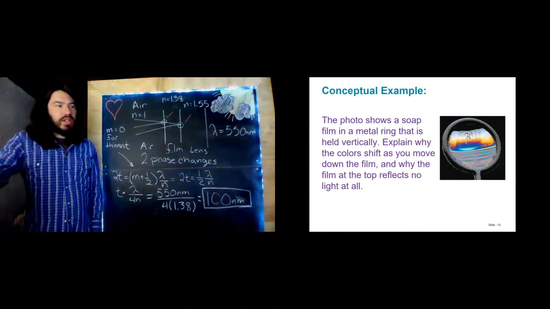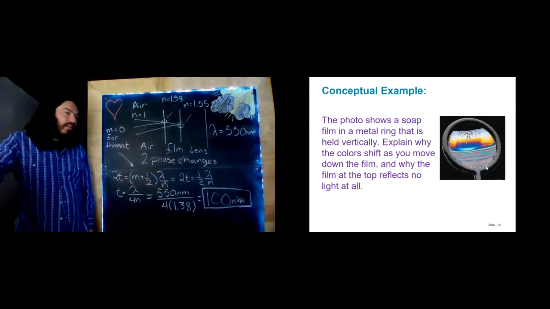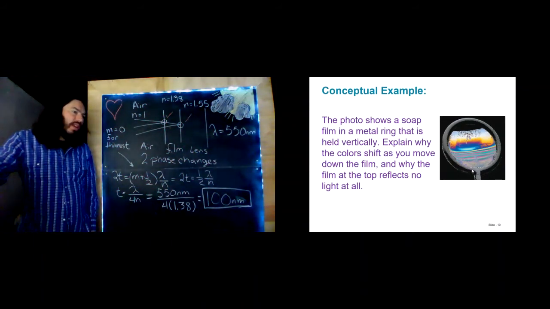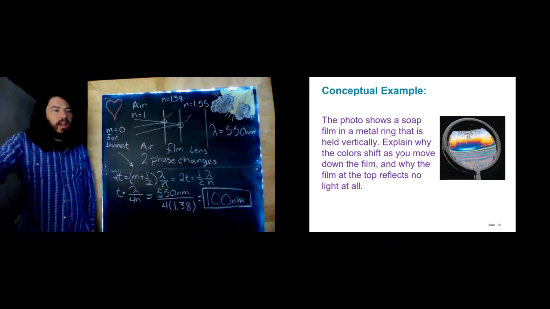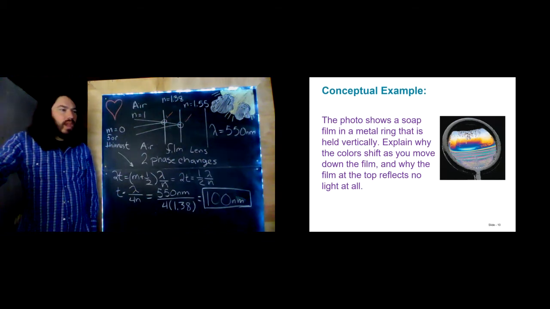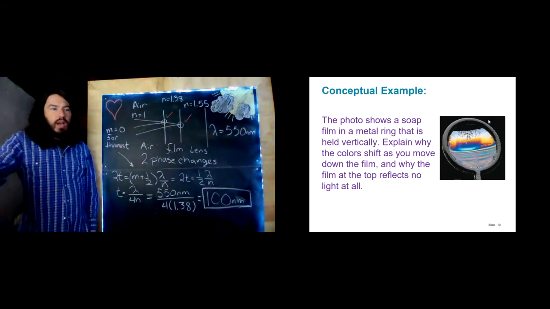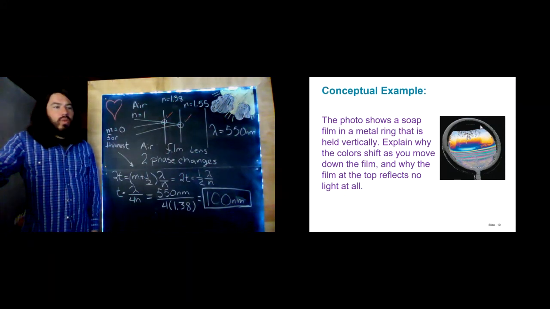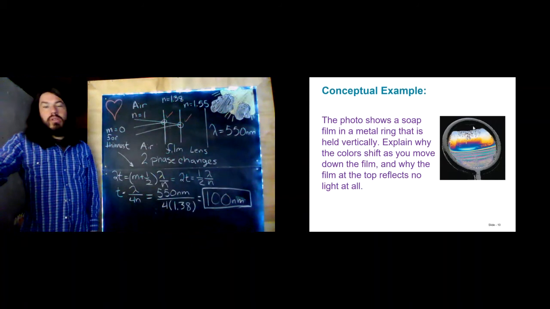Here we see a picture of a thin film of soap between two layers of air. So why do the colors shift as you move down the film? And why is there no reflection at all at the top? Well, I think in order to wrap our brain around this, we need to think about, is the thickness of the bubble uniform? And it's not, right? This is the top of the film of soap, I should say,